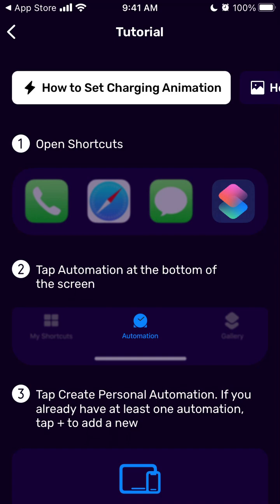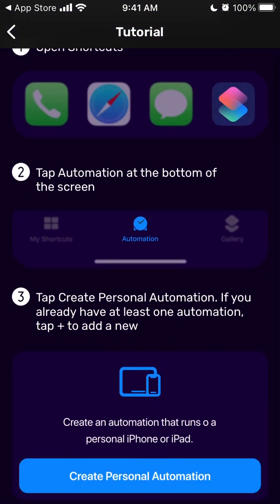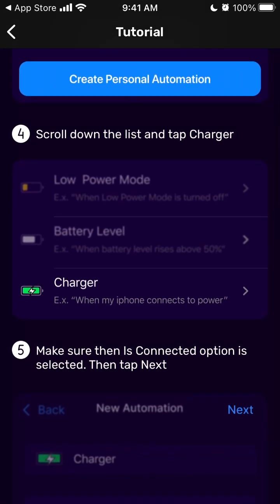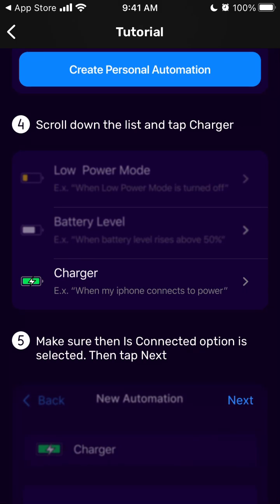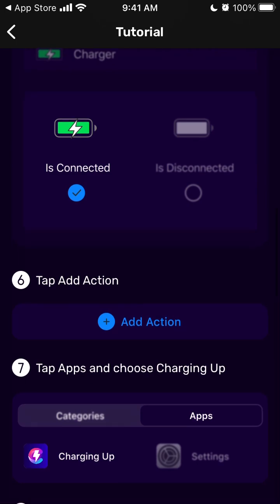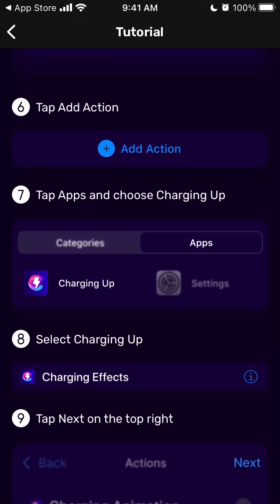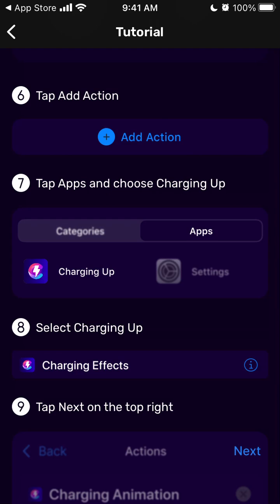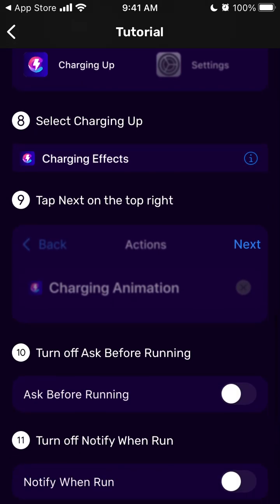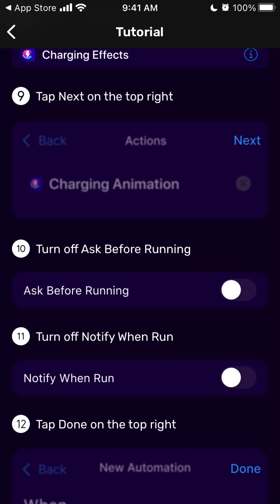Here's a handy guide. So open Shortcuts, tap Automation at the bottom of the screen, tap Create Personal Automation. If you already have at least one automation, tap to add a new one, scroll down the list and tap Charger, make sure the "Is Connected" option is selected. Then tap Add Action, then tap Apps, and then you need to choose this app, select Next, and